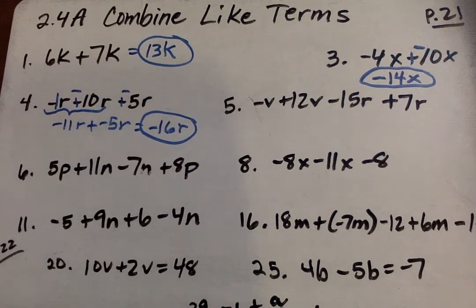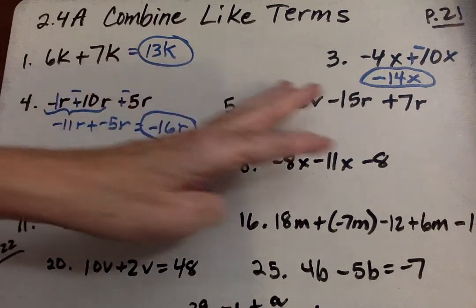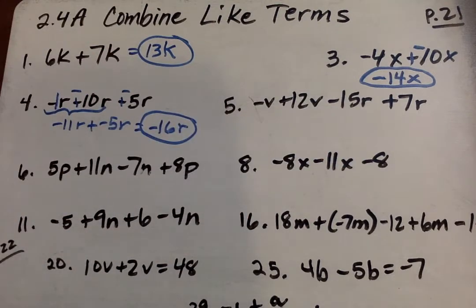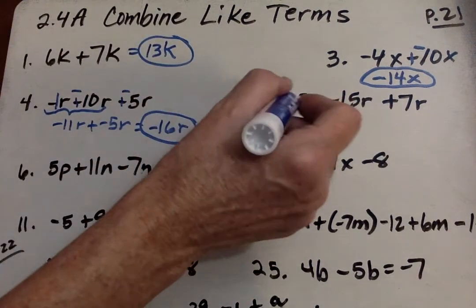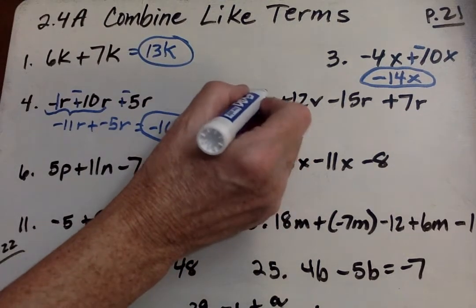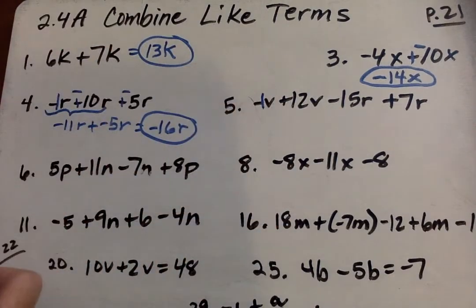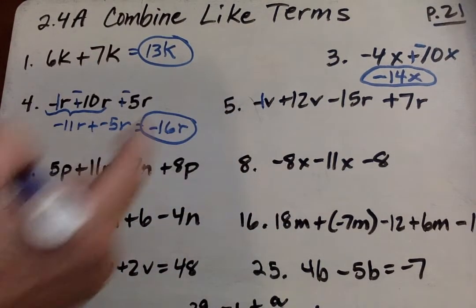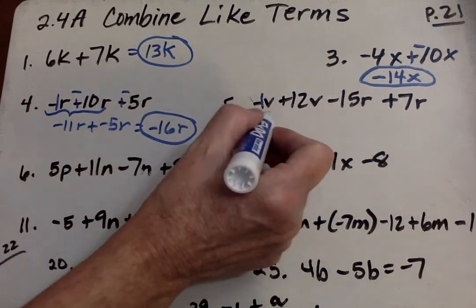Next, we're going to go on to number 5. See how these problems are getting a little bit harder each time? Now we have some v's and some r's. Now, only the v's can be added together here, and only the r's, but we do not combine them. So negative 1v plus 12v, is that a battle or a party? It's a battle, so we subtract. 12 minus 1 is 11v,